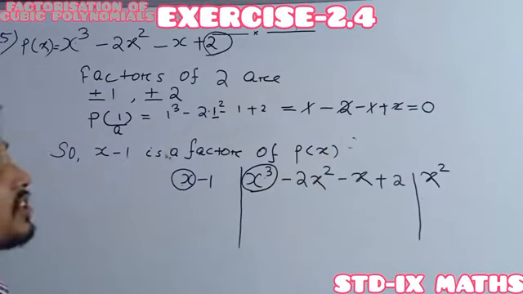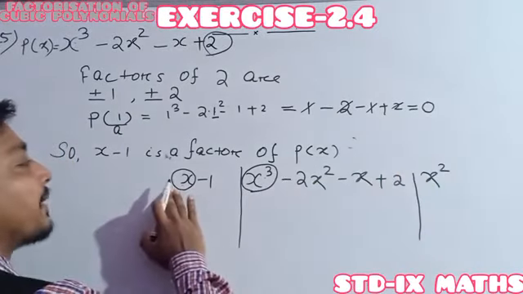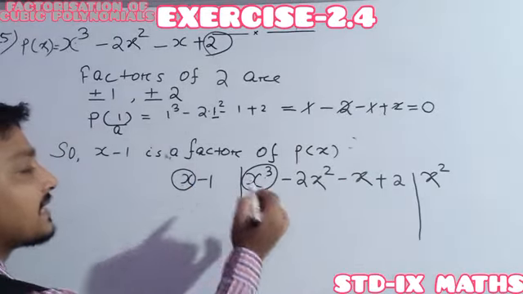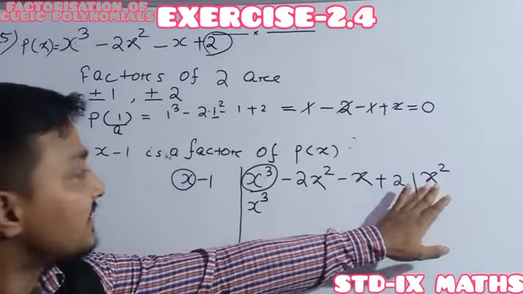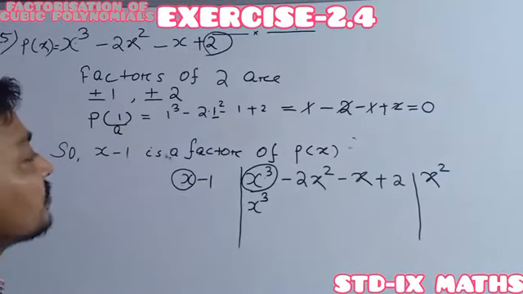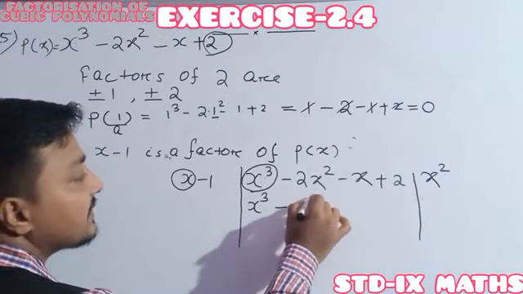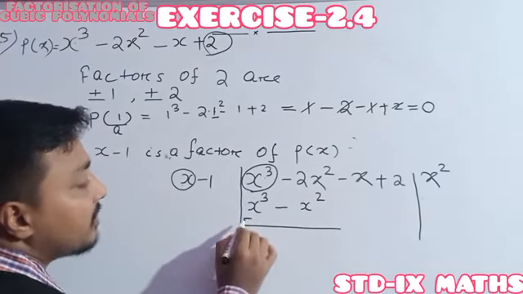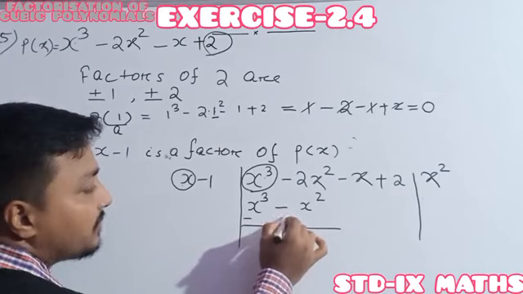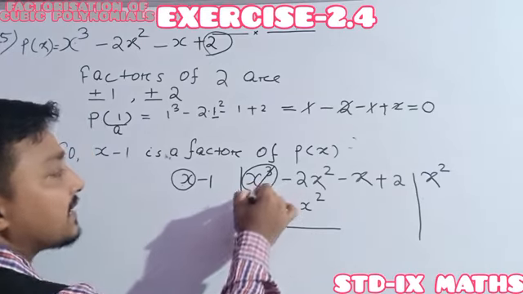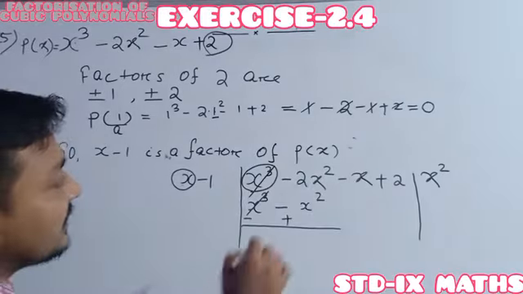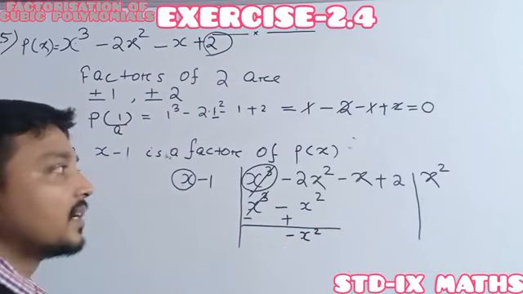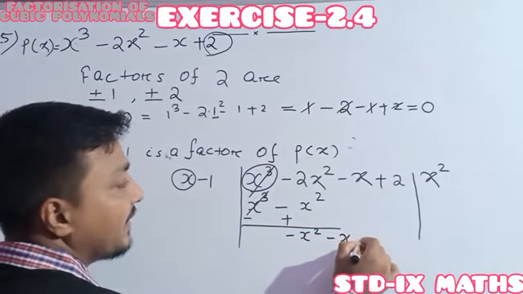On getting the first term of the quotient, that term must be multiplied with the total divisor. x square into x is x cube. Then x square multiplied by minus 1 is minus x square. Then, just like in our normal number division, we have to subtract. Plus becomes minus and minus becomes plus. Here plus x cube minus x cube cancels. Minus 2x square plus x square becomes minus x square. And drop down the minus x, and drop down the 2.